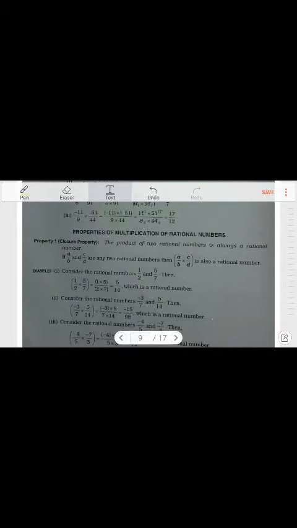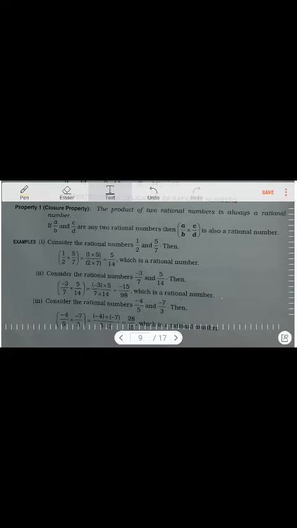Yes, there is another number also, minus 4 by 5 and minus 7 by 3. Of course, when you multiply minus 4 by 5 and minus 7 by 3 in the closure property, this is the last one. And students, as I had said, always sit with your book for understanding in a better way. So if you see, this is your book's fact only, page number 12.